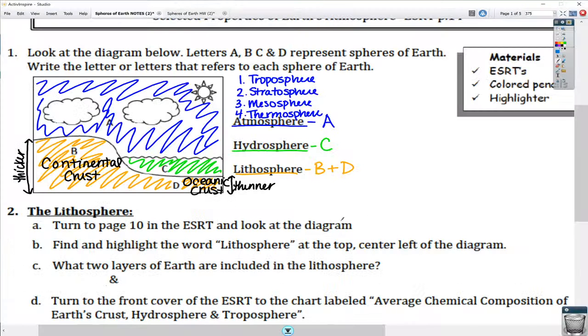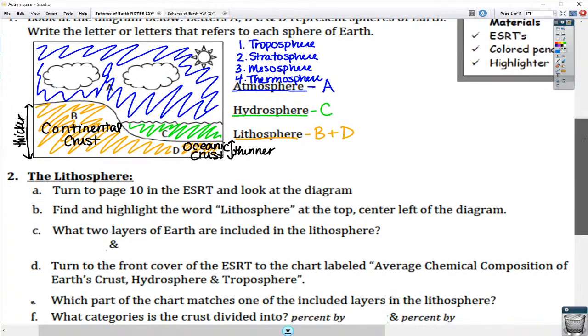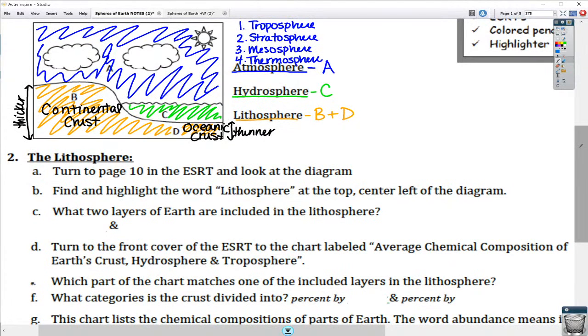Nice. All right. So yesterday we talked about the 3 spheres of Earth, and your homework assignment kind of went over that as well. So today we're just going to look more into the reference table. That's really all today is. And tonight's homework you will not be able to do unless you have your reference table. Hopefully after today you feel a bit more comfortable using it, and any questions that you have should be answered in class before you get to the homework assignment.